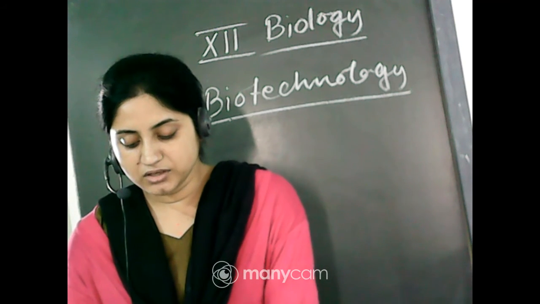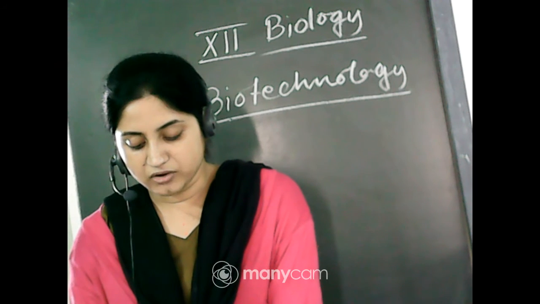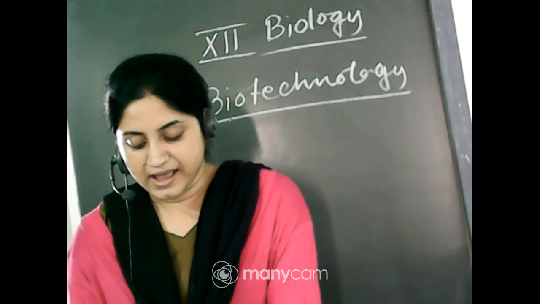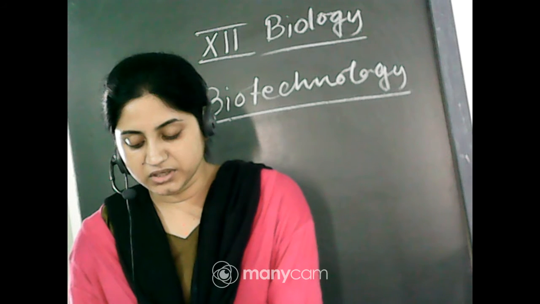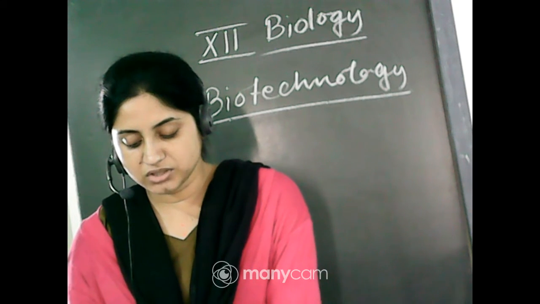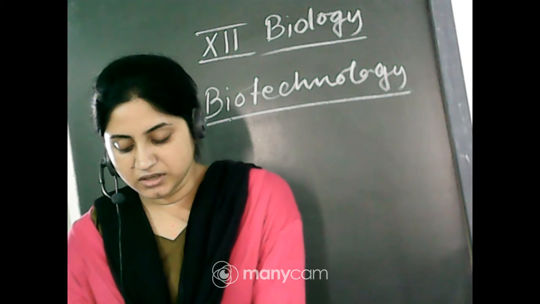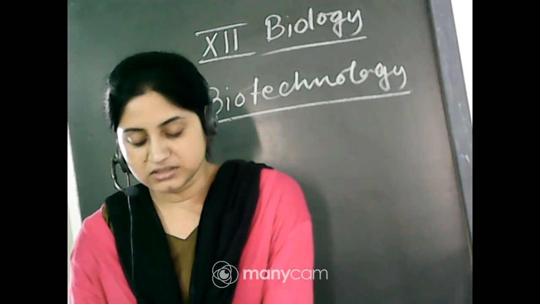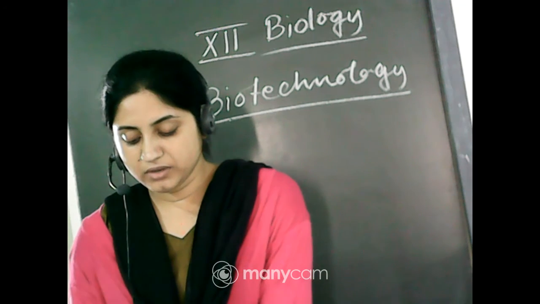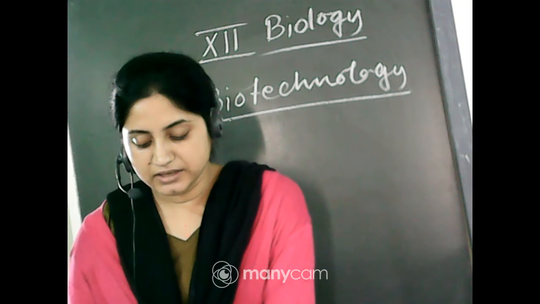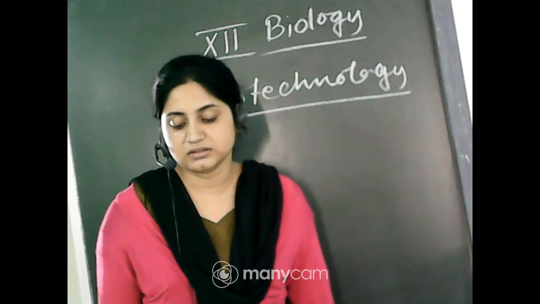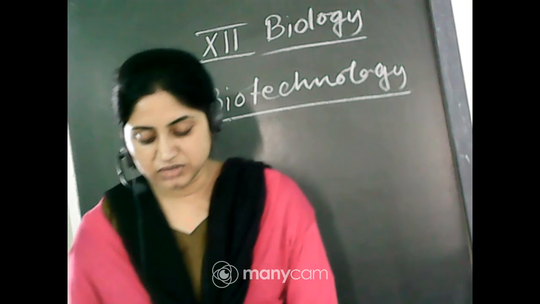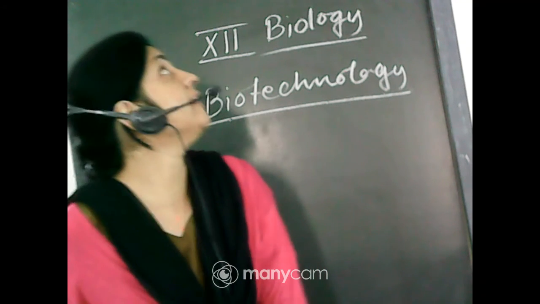The tumor-inducing Ti plasmid of Agrobacterium tumefaciens has now been modified into a cloning vector which is no more pathogenic to the plants, but is still able to use the mechanism to deliver genes of our interest into a variety of plants. Similarly, retroviruses also have been disarmed and are now used to deliver desirable genes into animal cells.